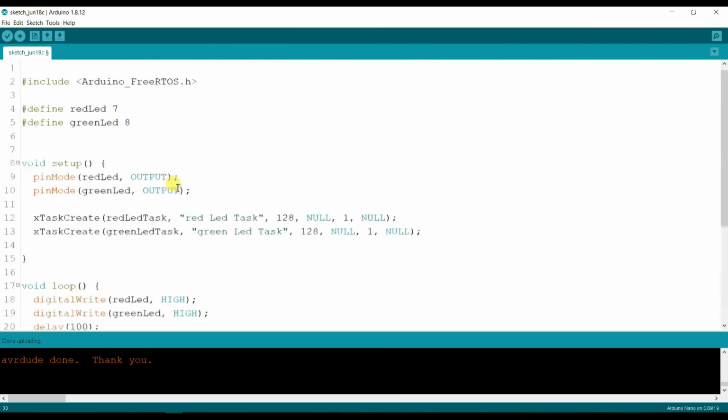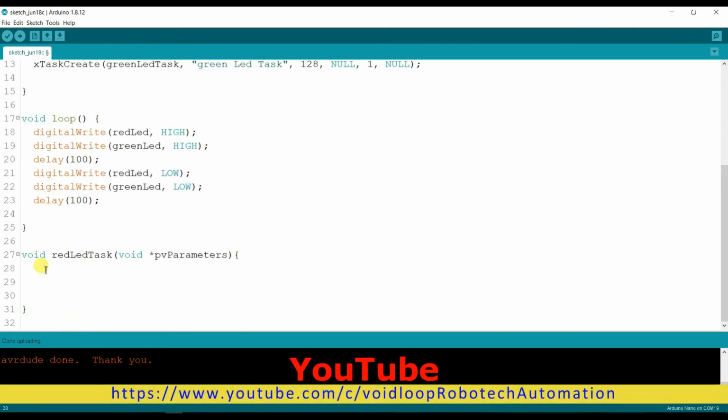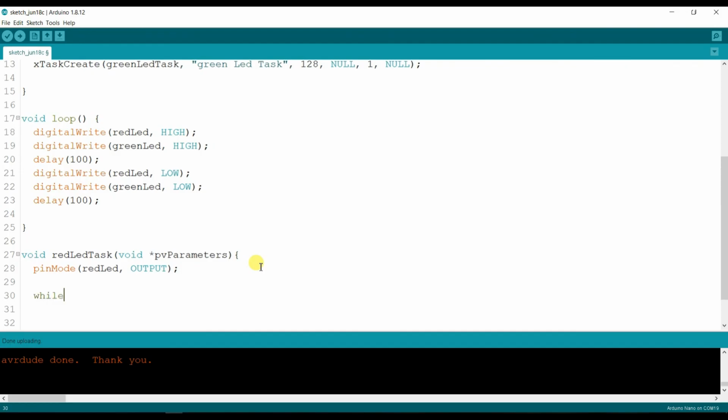In this function I will cut this and paste it here. I will use a while loop, an infinite loop, and here I will copy this.